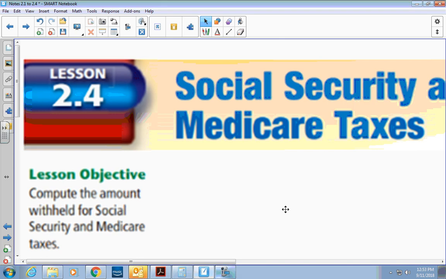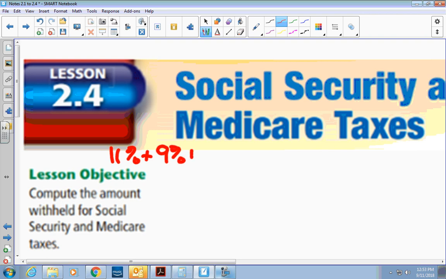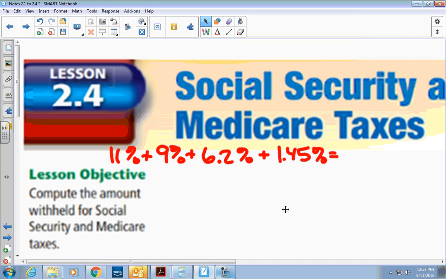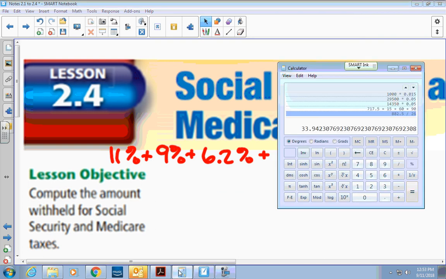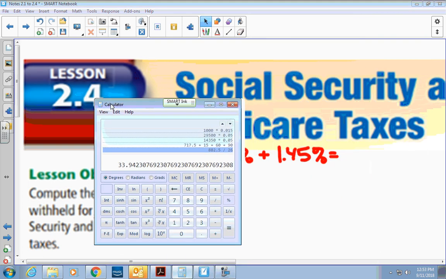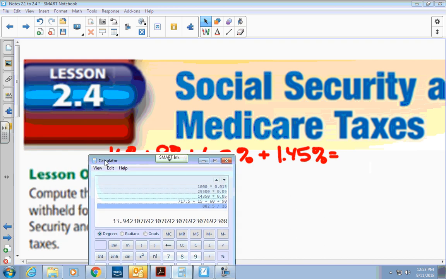So think about this. Federal taxes, we pay around 11%. I pay around 9% in state taxes. Social Security tax is 6.2%, and Medicare tax is 1.45%. And if we look at how much of my paycheck is just state, federal, Medicare, and Social Security taxes,